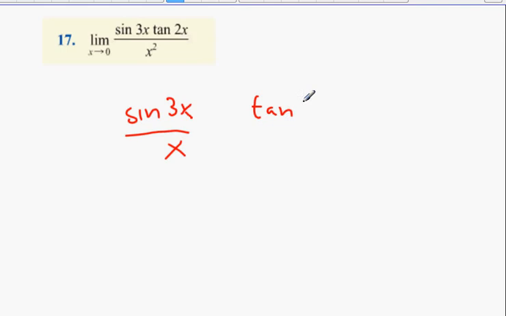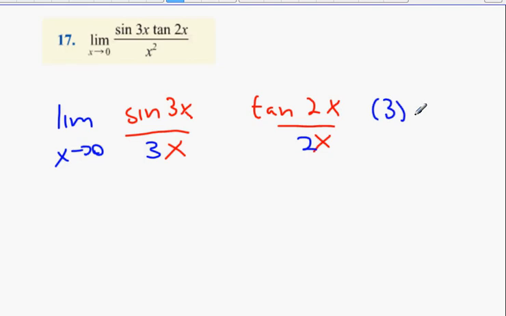Okay, I then look down and I realise, okay, for this to work I need a 3x underneath this and a 2x above this. Okay, and then it's limited as x approaches 0. Because I multiplied by 3 and 2 on the bottom, I need to multiply by 3 and a 2 on the top. What would then happen is these two have their formulas where these two will turn into 1